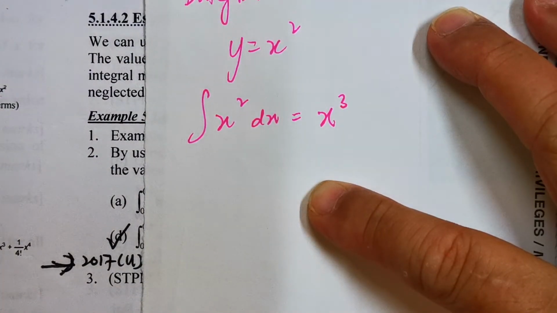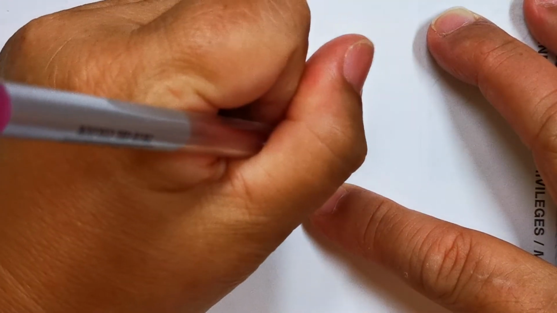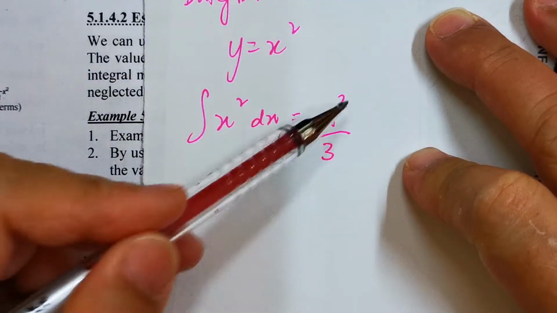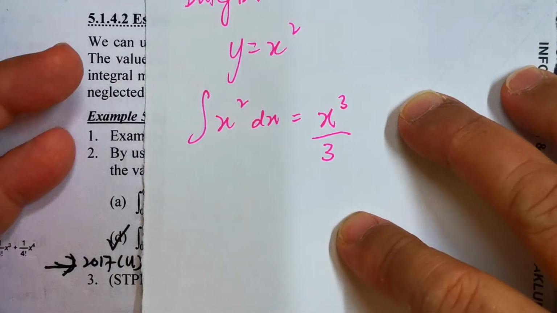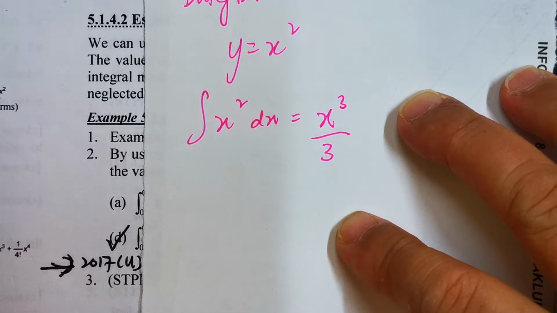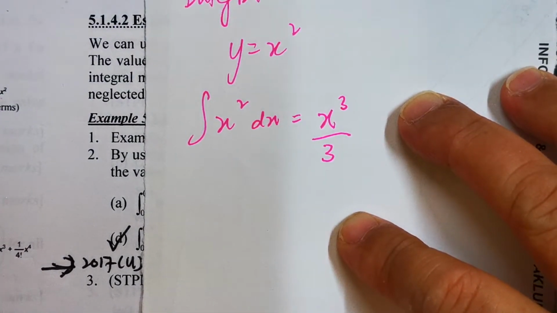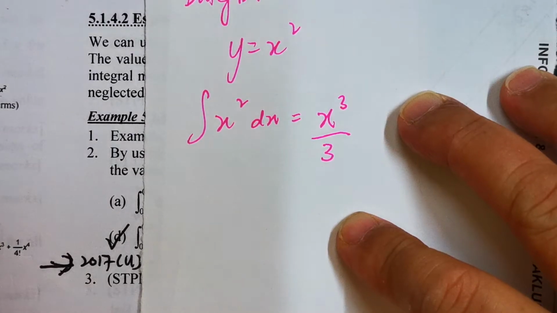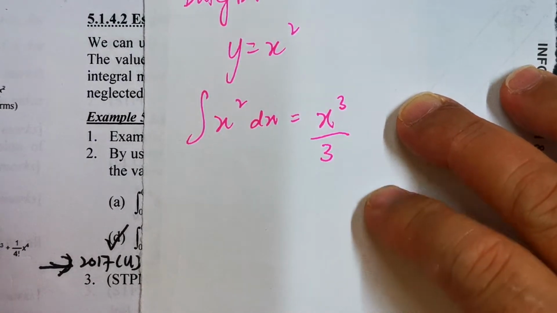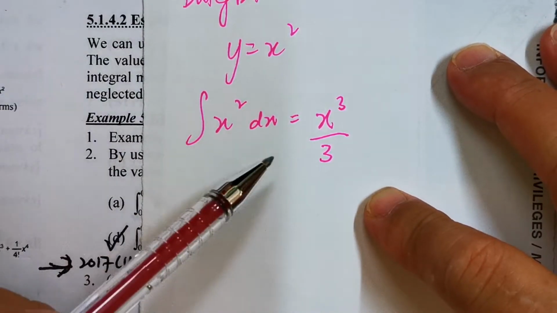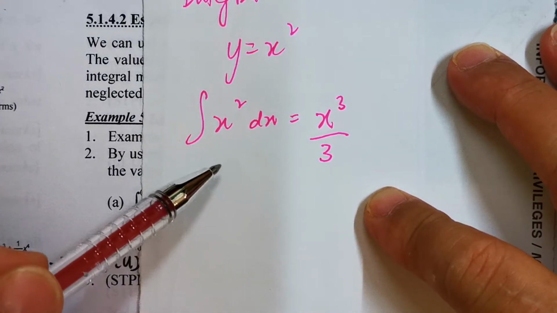So for integration, index plus 1, then over the new index. It's different compared to differentiation. But we also learn the concept that actually integration is the reverse of differentiation. Alright, this one later we will discuss. Okay? So I hope you remember these basic things about